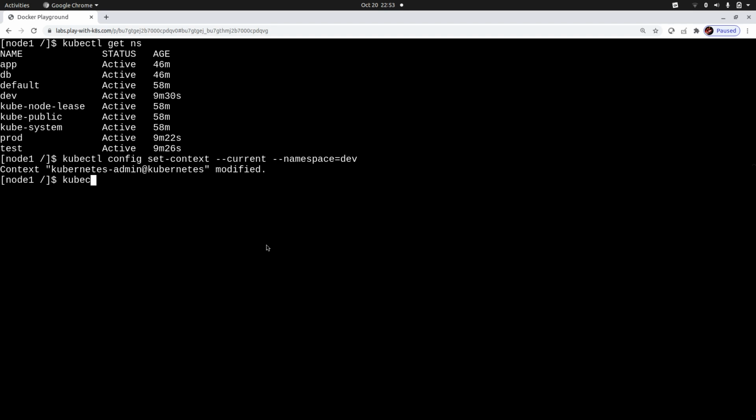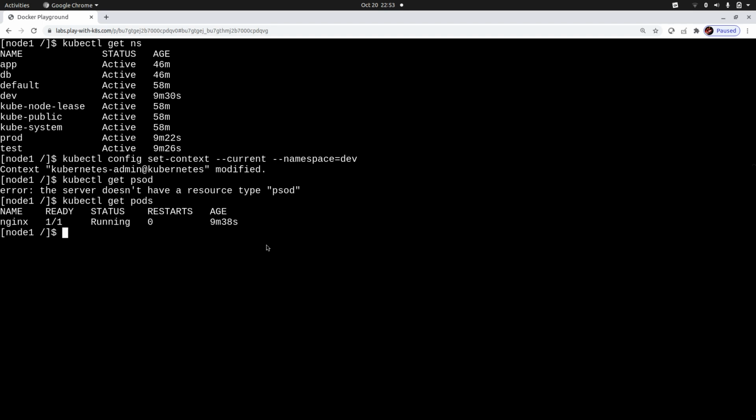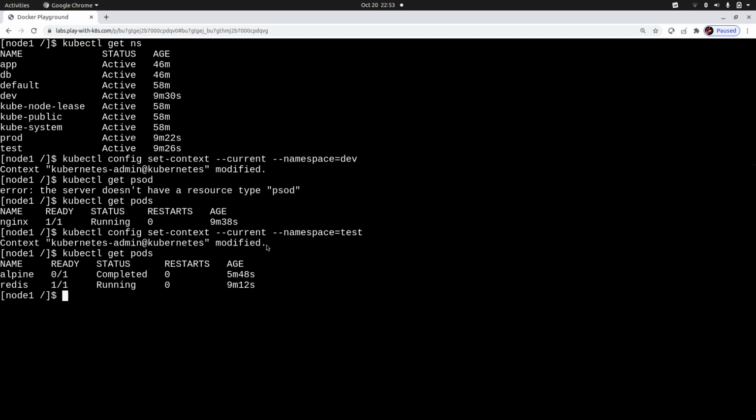Now it is as simple as kubectl get pods. I'm able to see it. In a similar way, if I change it again to test, I'll get test as my default namespace. What is happening here is very simple. There's not much rocket science here. We have a profile file within the user home directory, that is cd .kube